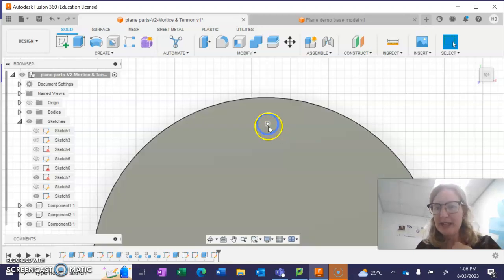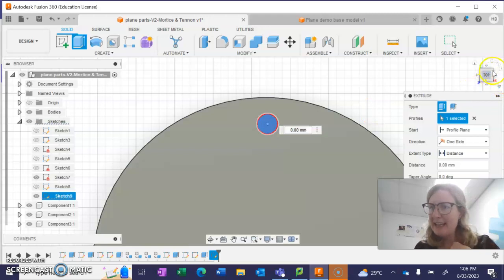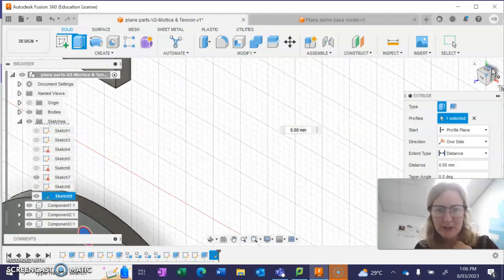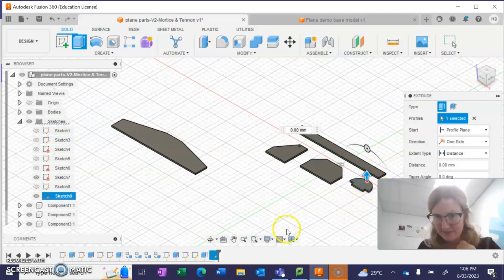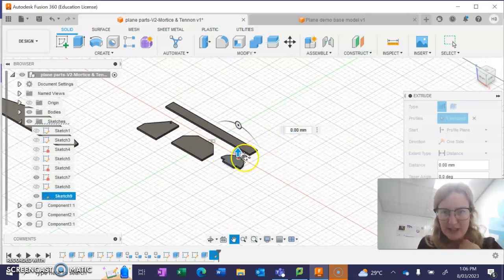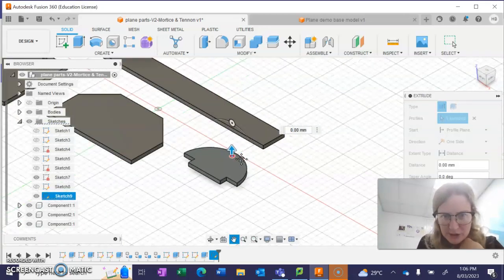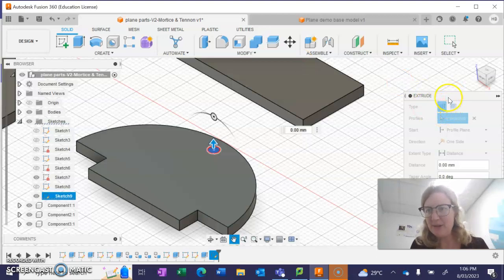It's important that we extrude this. So we're going to hit extrude. And when we're doing extrusions, it's always good to have one of your views. I'm just going to hit my home button. There we go. One of your three-dimensional views, preferably your isometric view, so that you can see what you're extruding. So I'm going to zoom right in. I'm just going to move this palette over here so that you can see what we're doing. So I've clicked on that one there,